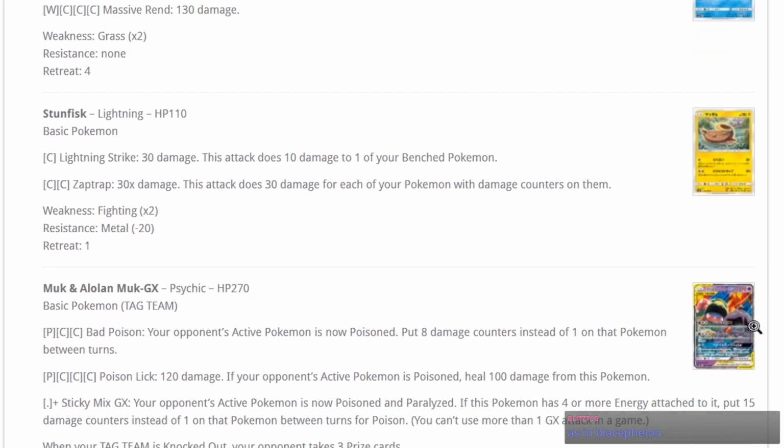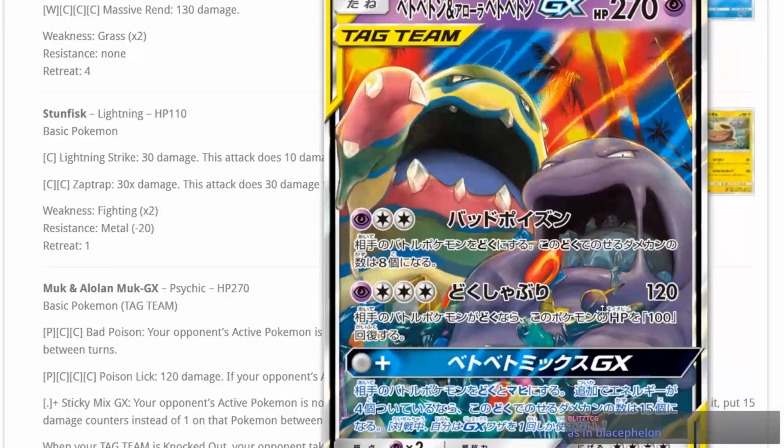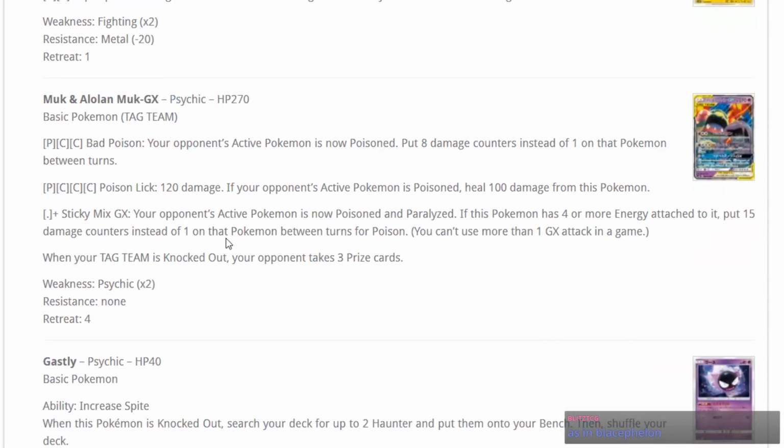Muck and Alolan Muck GX. I think this is really cool how they made a regular and Alolan form become a thing. I kind of like it. Bad Poison. Your opponent's active Pokemon is now poisoned. Put 8 damage cards. That's a lot of damage. Poison Lick, 120. If your opponent's active Pokemon is poisoned, heal 100 damage from this Pokemon. Okay. That's actually really good, but it's also really heavy, and I don't want to play this in Malamar,